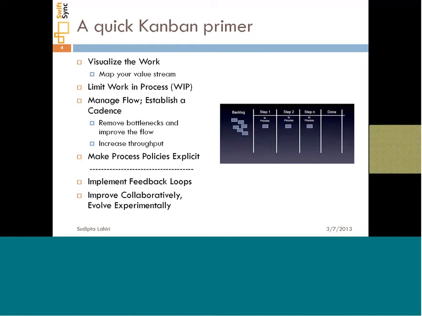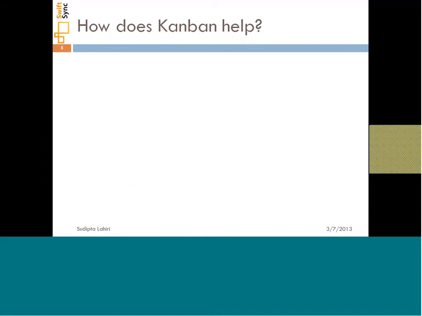And it talks about evolve, not move in a big bang manner, but evolve from where you are today in implementing some of the principles of Kanban and slowly adopting more and more of the Kanban principles so that you see the desired result. So it discourages people from making a big bang change from what you're doing today to a Kanban way of working. But you work in an incremental fashion so that you start getting some benefits, and then the team starts adopting additional practices of the Kanban process.